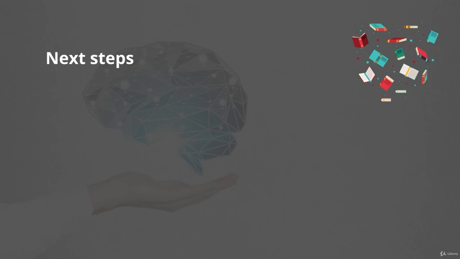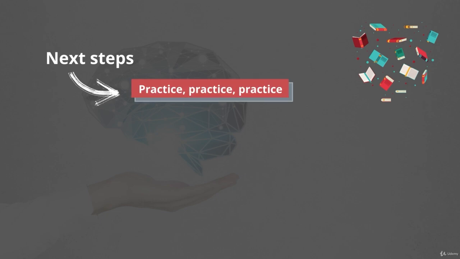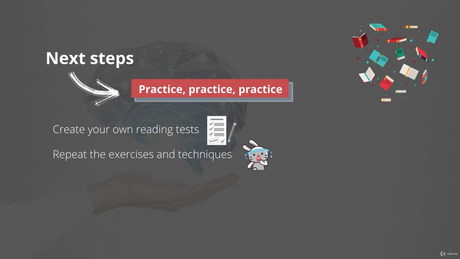The most important next step is practice makes perfect. So keep practicing. As I already mentioned throughout this course, practice is really, really important in order to learn a skill like speed reading. Learning how to read letter by letter or word by word also didn't happen overnight. And the same also goes for speed reading. That's why practice is so important. You can do that, for example, by creating your own speed reading tests. You can find the instructions on how to do that in the course,